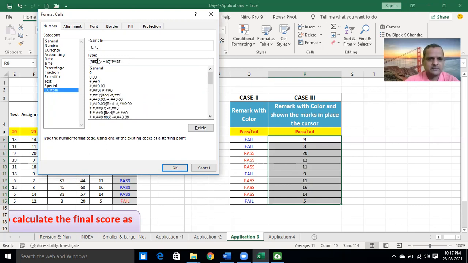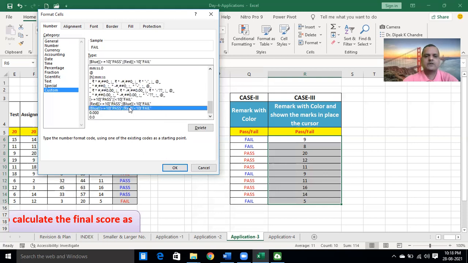Okay, pass means we write here blue color. Then semicolon. Blue, greater than or equal to 10 pass; red, less than 10 fail; and hit the OK key.